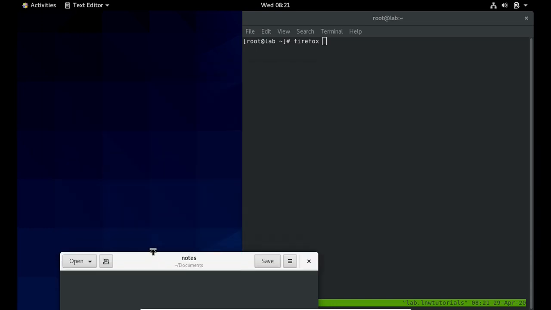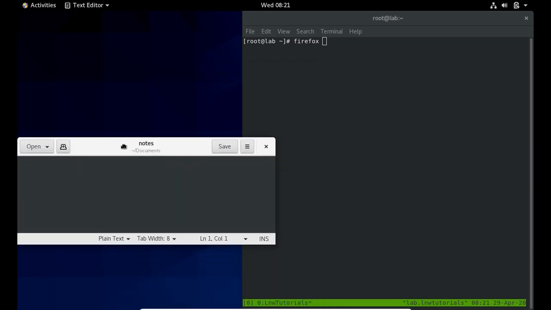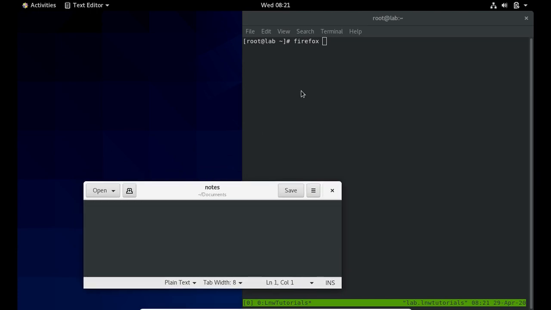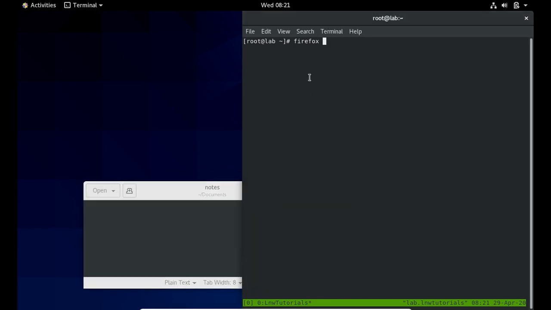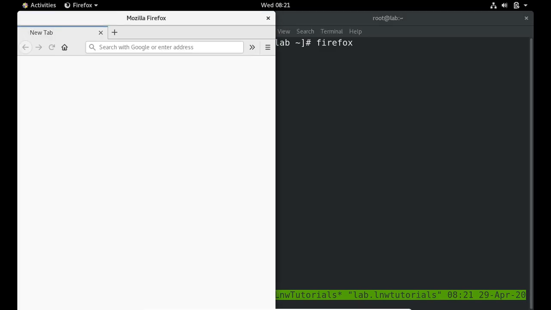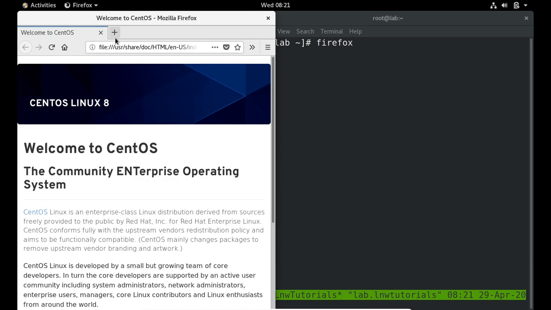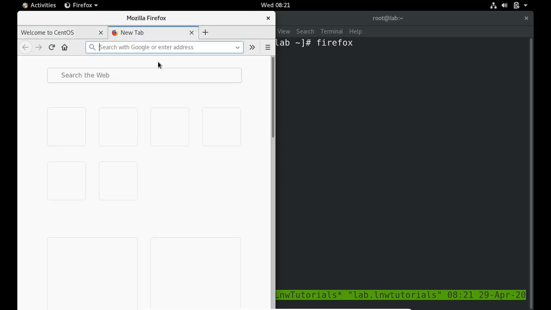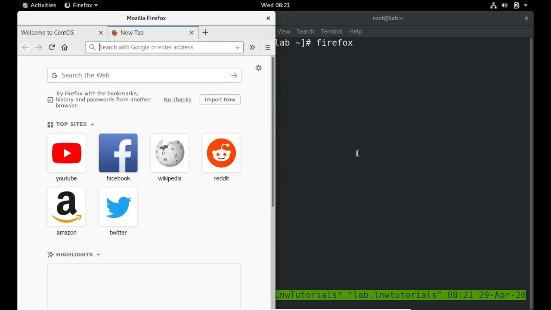Here I write, and now I'm going to start my Firefox. I hit enter. It has started. Now I use a new tab and it works perfectly.